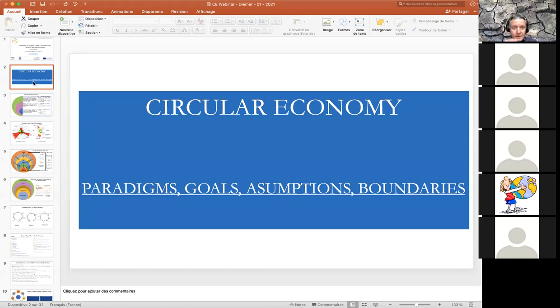So this will be my second part. Make the connection with the methods, because I think sometimes we forget that behind the indicators there are some methods, some design of research. And we have to understand that if you start to design using specific methods, you cannot have a very broad, large spectrum of indicators. You have limited indicators, and for the moment I think this is a problem. We have too restricted indicators, mostly at the micro level, which is not really good if we want to understand the global view of the circular economy.